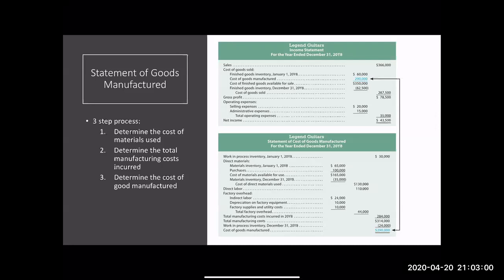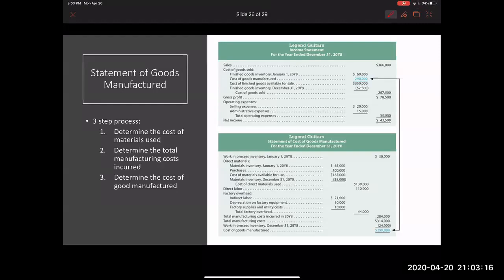But I do want to spend maybe a second here just navigating, and then we'll do an example together. Okay, so in the three-step process, first you need to determine the cost of materials used. That is the direct materials, right? And so if I'm looking here,